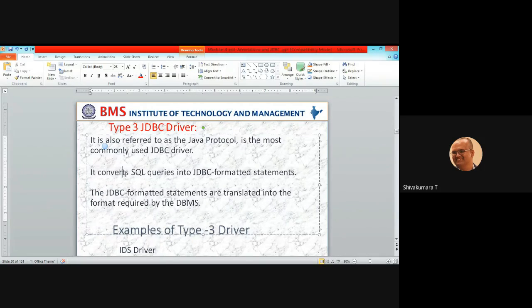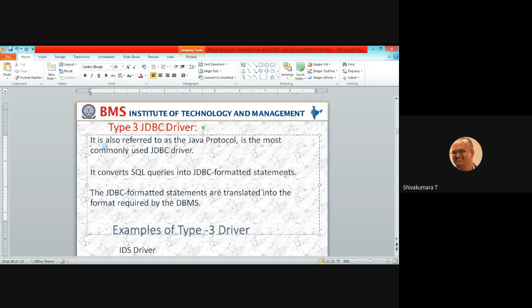It converts SQL queries into JDBC formatted statements. In our program we write a string query, like insert into student values, and so on. We write our queries in string format, and we pass that string as a parameter to the corresponding execute methods, right?